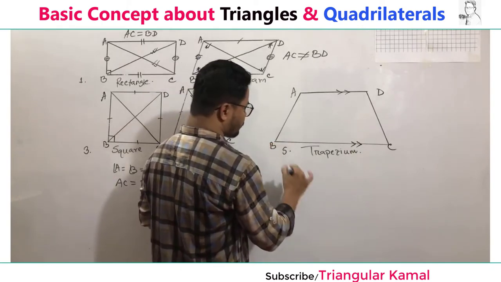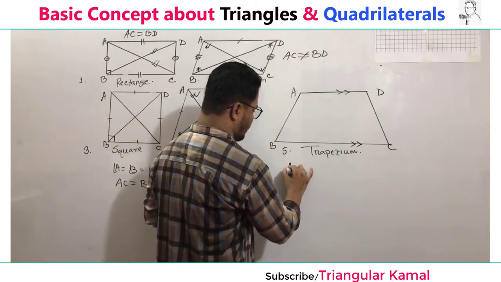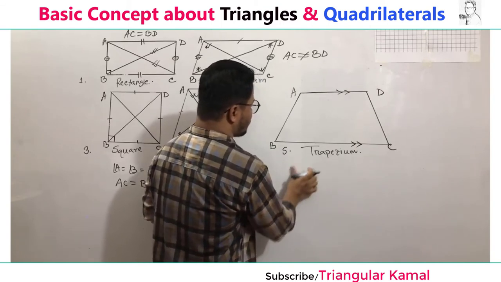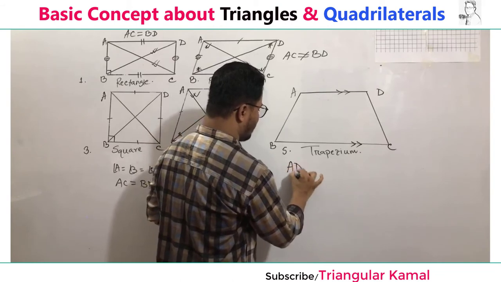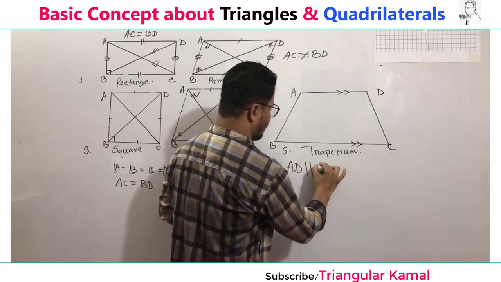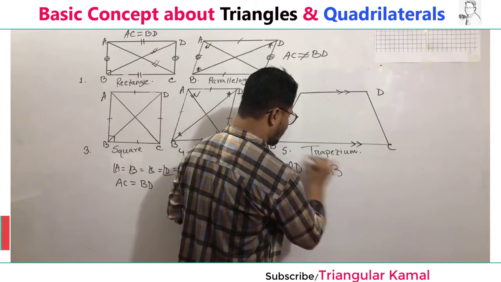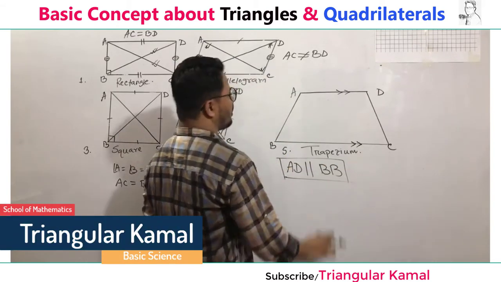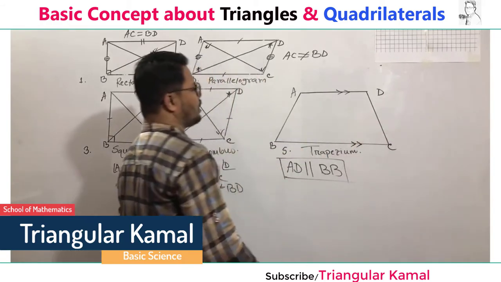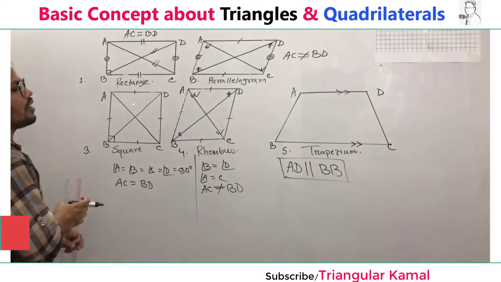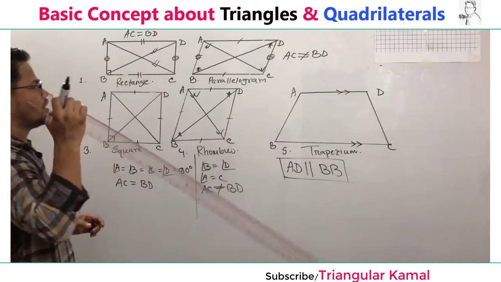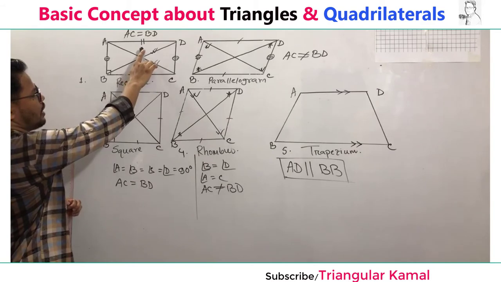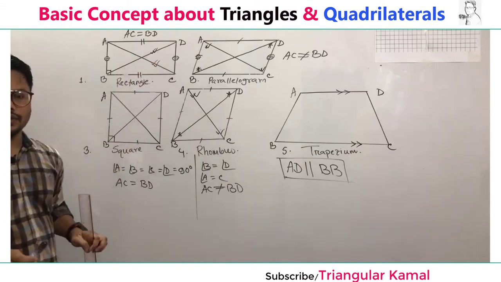So like this one, this one is AD parallel. This is the parallel symbol, AD parallel BC. When two sides are parallel and two sides are not parallel, then this quadrilateral is called the trapezium. So my dear students, if you find the difference between rectangle and square,